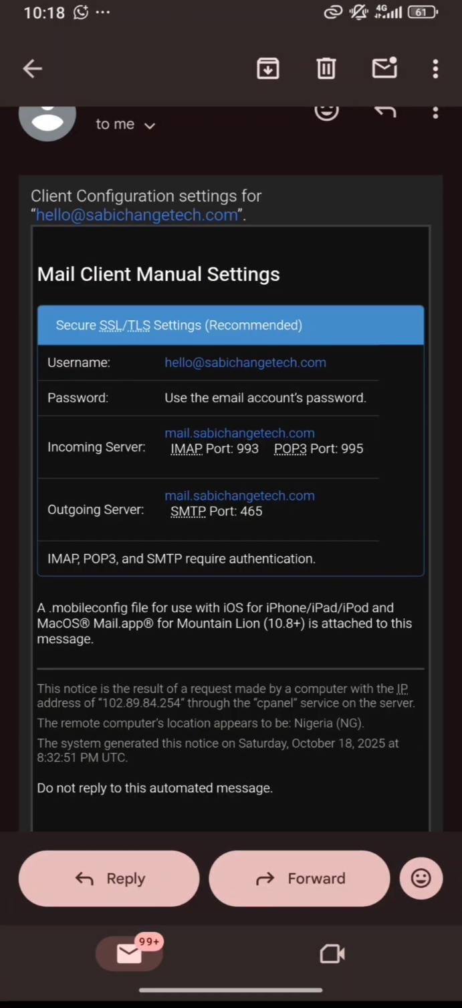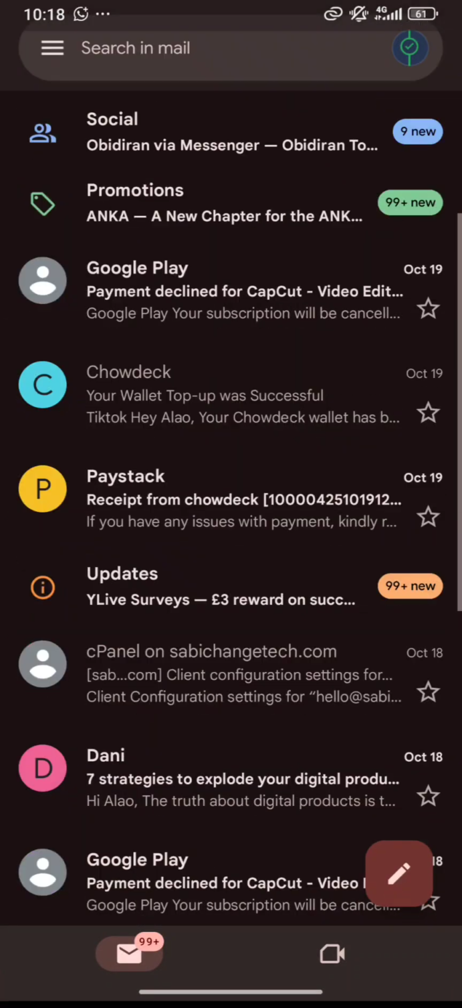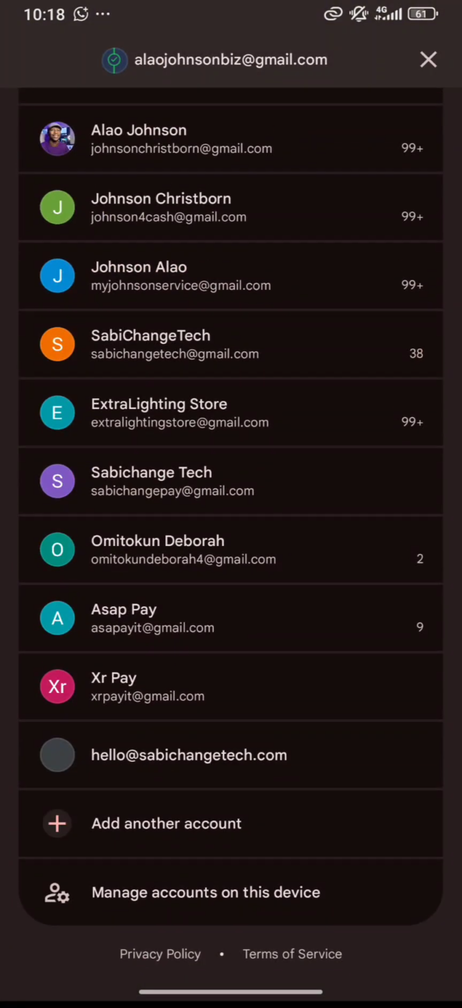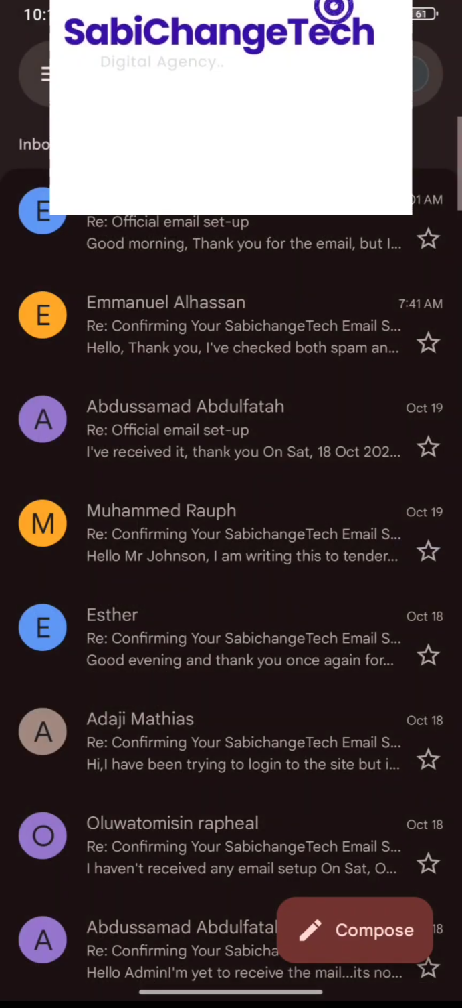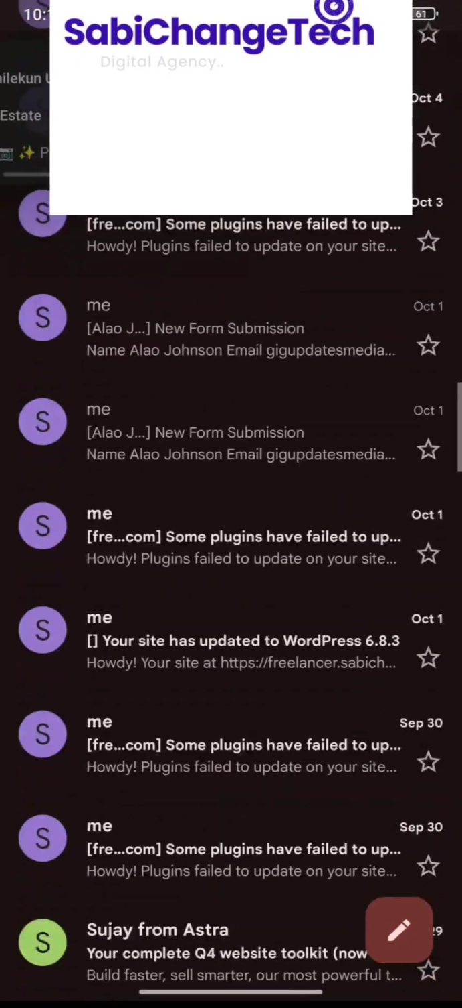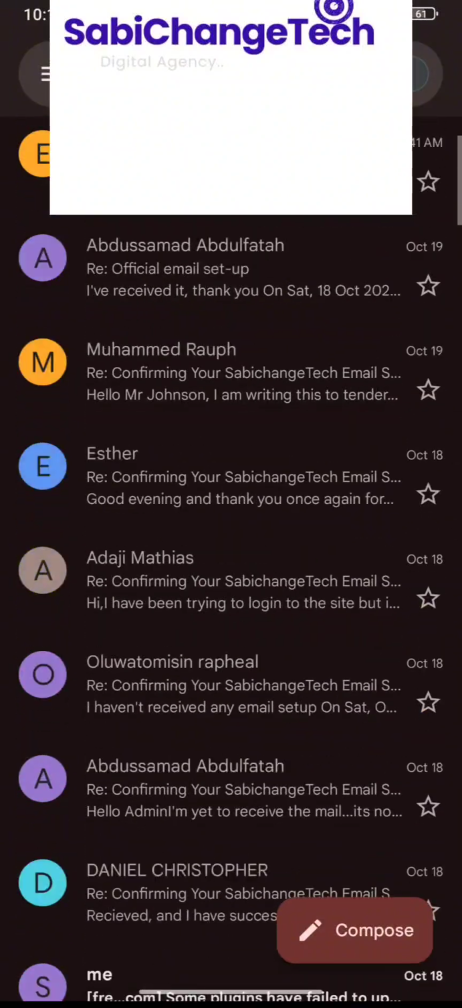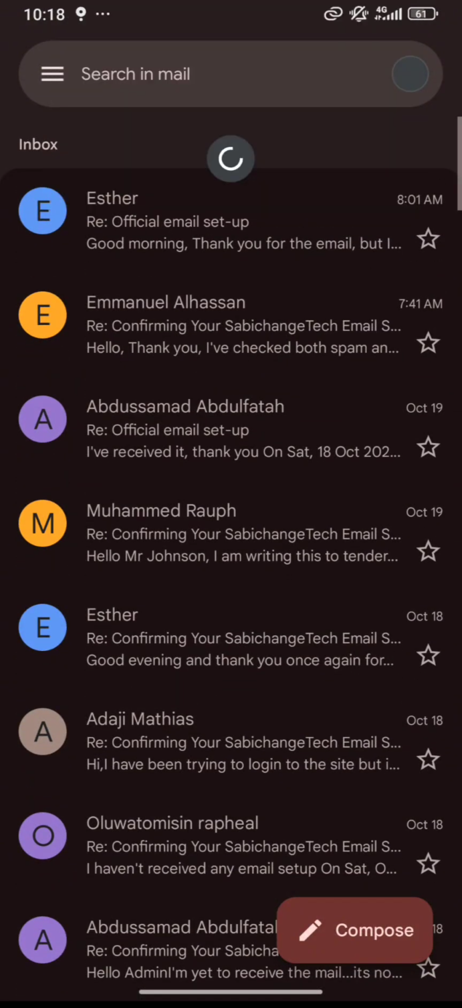If I go to my Gmail now, I'll be seeing all the incoming mails. Let's check. You can see it here, SabiChain, hello@sabichangetech.com. So now I've logged into the email, and you can see all the emails on this account. That is how you are going to set it up. Just follow it step by step, and it will be easier for you to set it up if you actually follow the details in